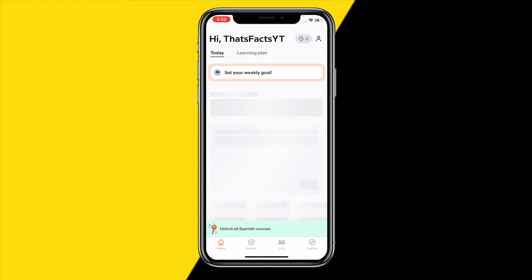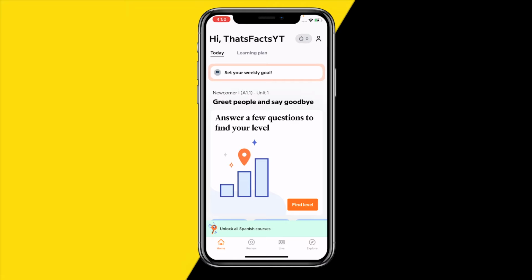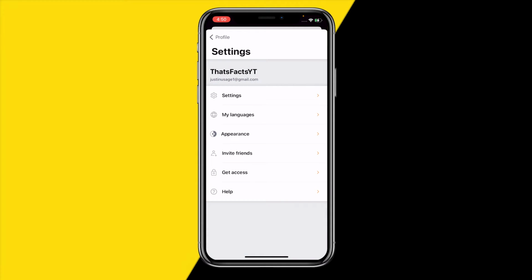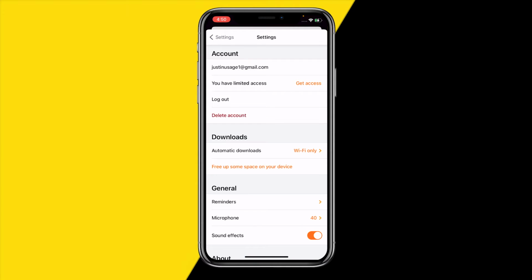Once you've done that, simply all you want to do is go to the top right corner of your screen at home, here on that profile icon, and then go to the top left corner of your screen and click on that settings icon. Once you've done that, simply head over into settings, and then just scroll a little bit